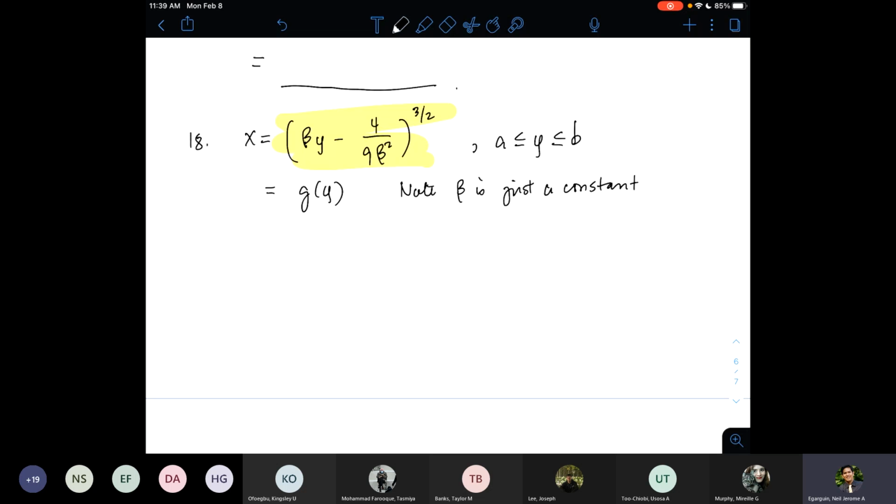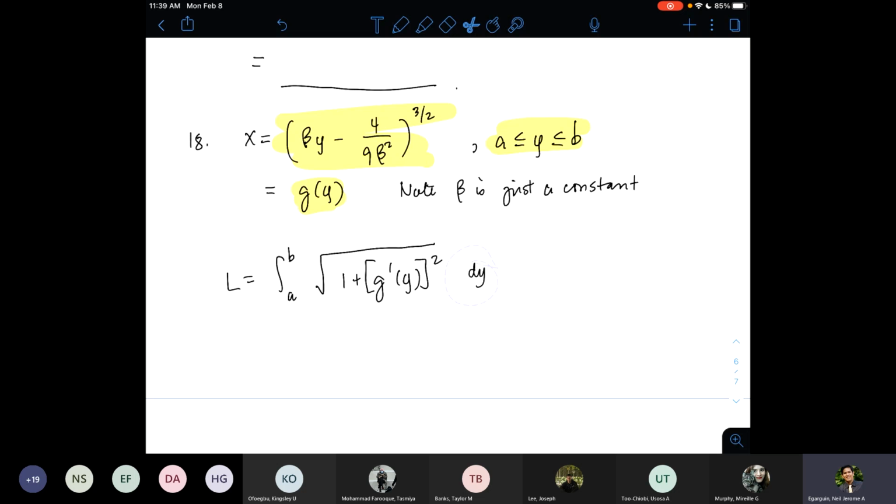Okay. And then we know the bounds. We want the arc length for y being between a and b. So here the formula remains the same. The arc length would be the integral from a to b, but this would be an integral with respect to y, because our function is given in terms of the variable y, but the formula is analogous to that whenever the function is given with respect to x. So this would be the square root of 1 plus g prime of y quantity squared.